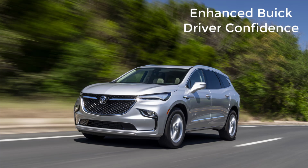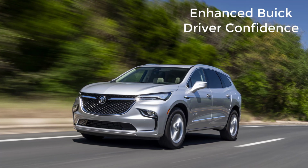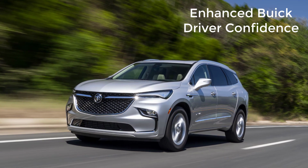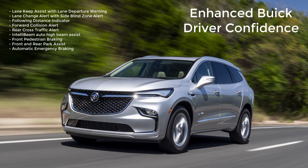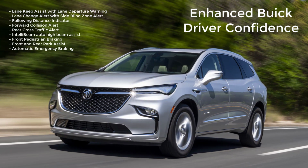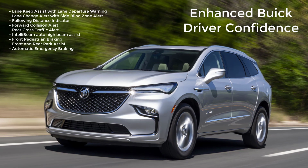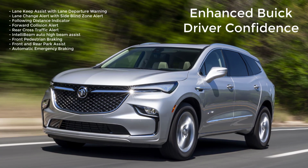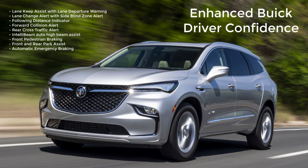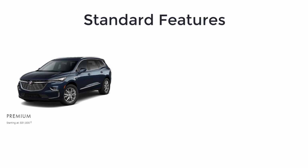Every 2023 Enclave also comes with enhanced Buick driver confidence, a suite of advanced safety and driver assistance technologies that include lane keep assist with lane departure warning, lane change alert with side blind zone alert, following distance indicator, forward collision alert, rear cross traffic alert, IntelliBeam auto high beam assist, front pedestrian braking, front and rear park assist, and automatic emergency braking. The mid-level Premium starts at $51,800 and adds a healthy number of features that include heated power